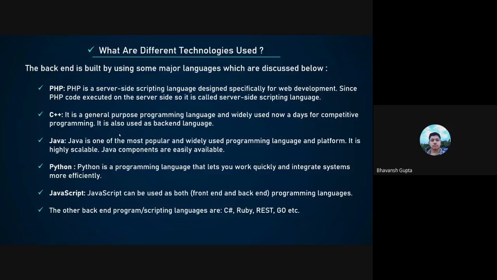Python is one of the fastest and most popular languages, which has gained immensely. It has many features which are used for backend development. JavaScript, with the development of Node.js, is now a language which can be used for front end as well as back end. There are many other languages, but in this session and in the coming sessions, we'll be using JavaScript and Node.js for backend development.